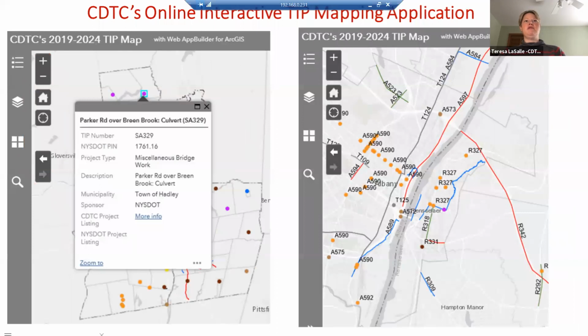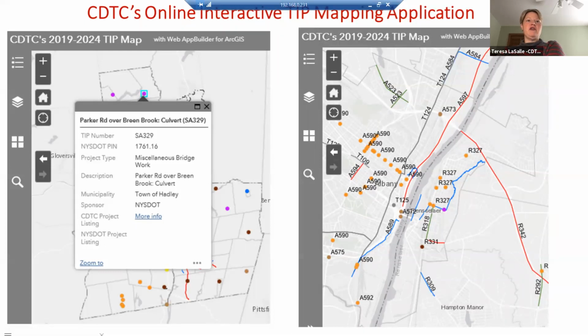Finally, the thing I think is most useful, that most people are going to use, is that the best way to obtain project information is to click on a point or line, and a pop-up will appear with information regarding the project, as well as a direct link to CDTC's TIP project listing and, if relevant, a direct link to NYSDOT's project listing.